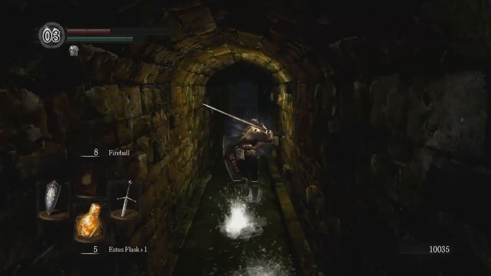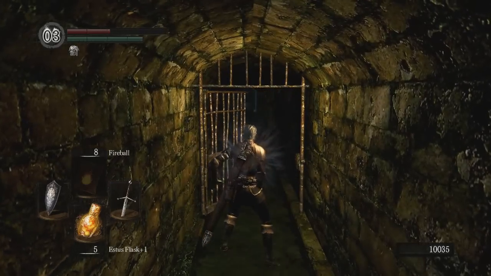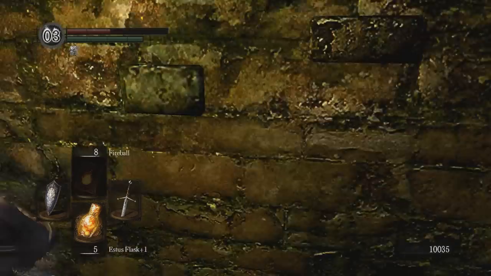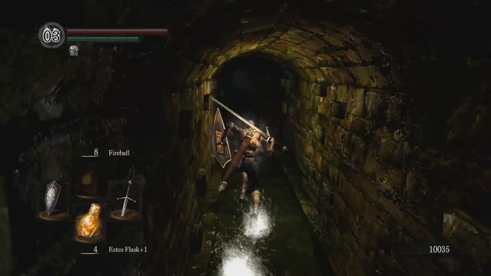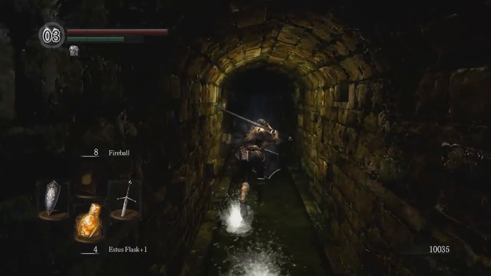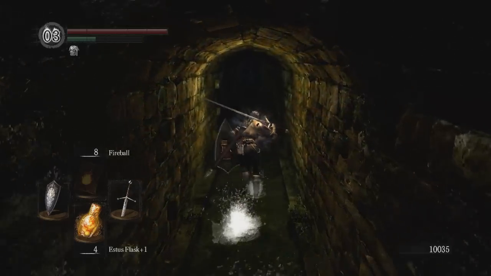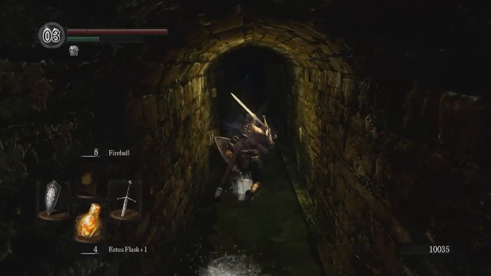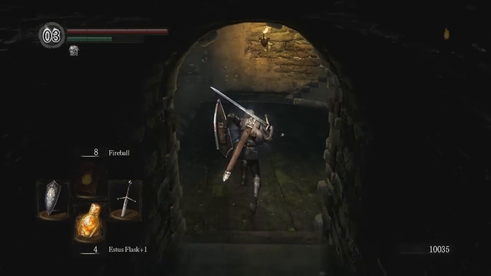What's the word I wish to use? His whole annoying side of him. If I were to use the Black Knight sword, it would be over almost instantaneously. I'm not saying that the claymore is not going to make short work of him, but this at least has given us the ability to...